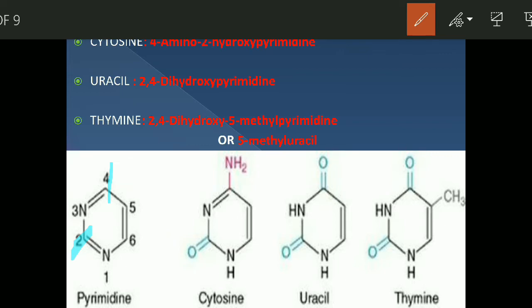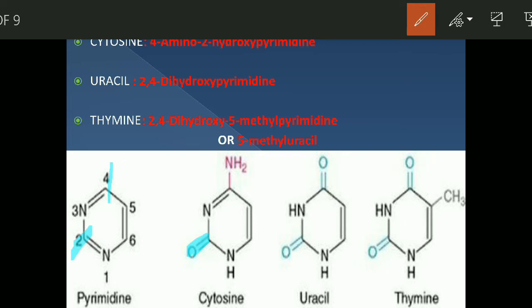On placing OH in the second position, we notice the phenomenon of tautomerism. Now the carbon will have stability on having a keto group rather than a double bond with nitrogen. So it has a keto group rather than the double bond with nitrogen, and that phenomenon is tautomerism. So that's the structure of cytosine.